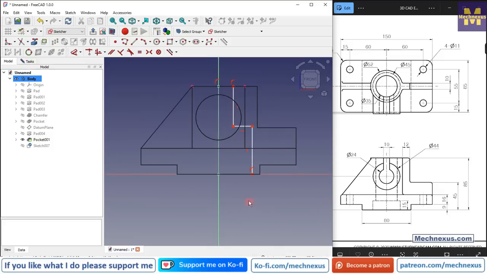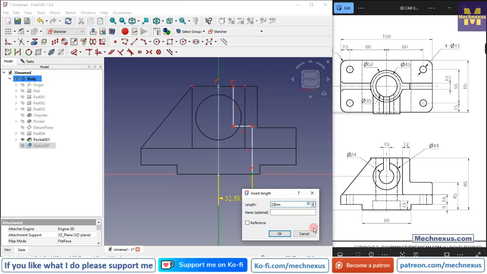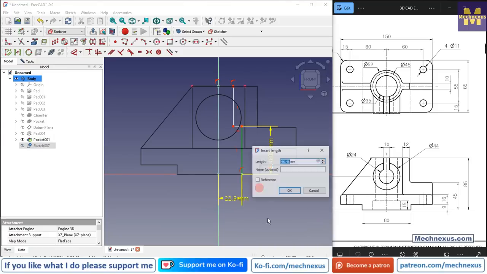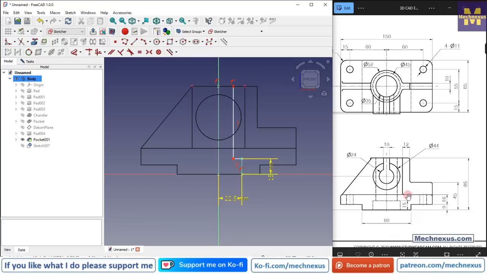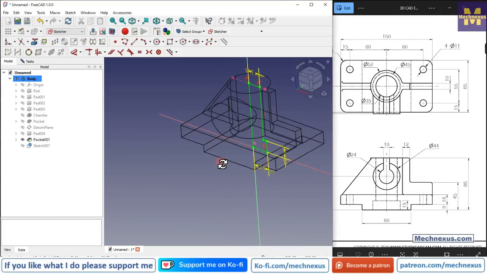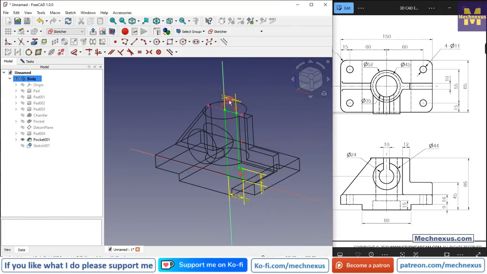And now let's constrain it. Select a smart dimension, select this axis and this point, and this is of a 22.5, and this height is of a 15 mm, which we can see here. And now this diameter from this point to this point is of 17.5. So now we rotate our sketch and everything is constrained fully, and now we will remove the material inside,